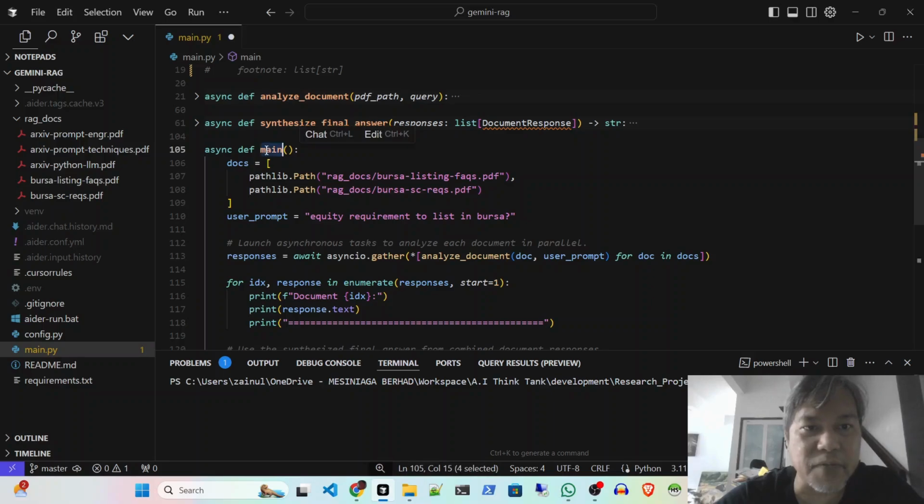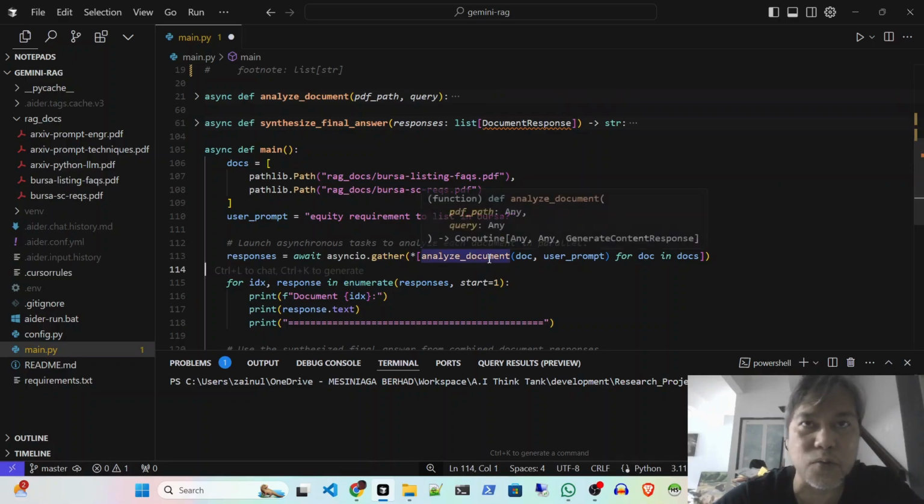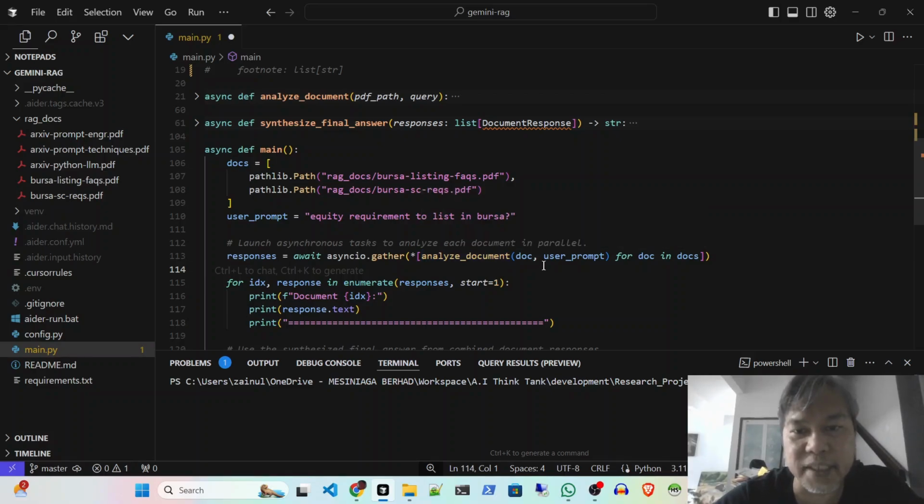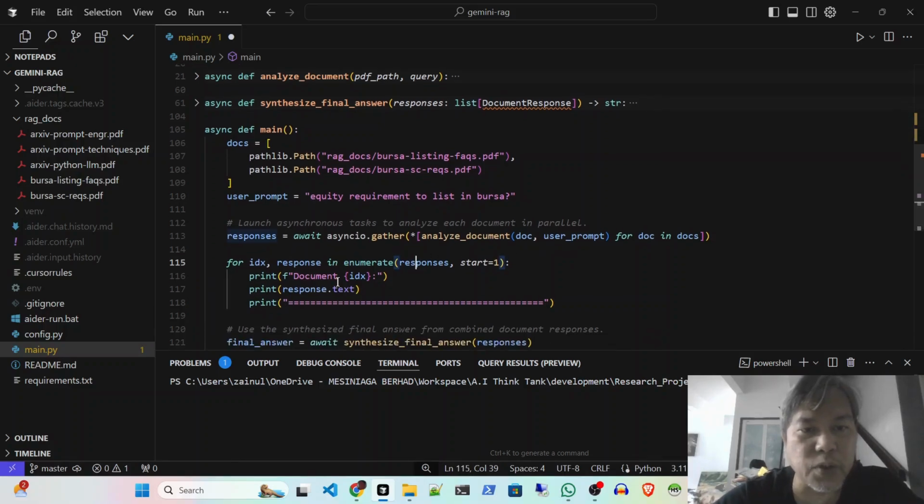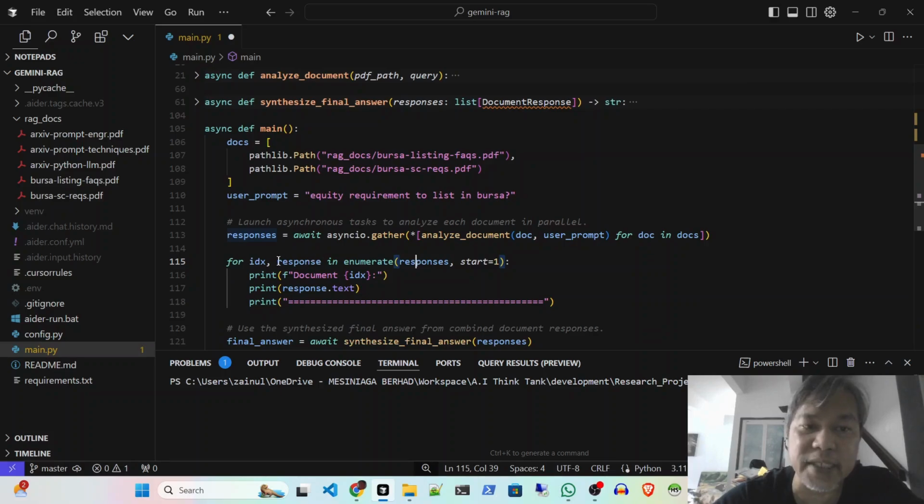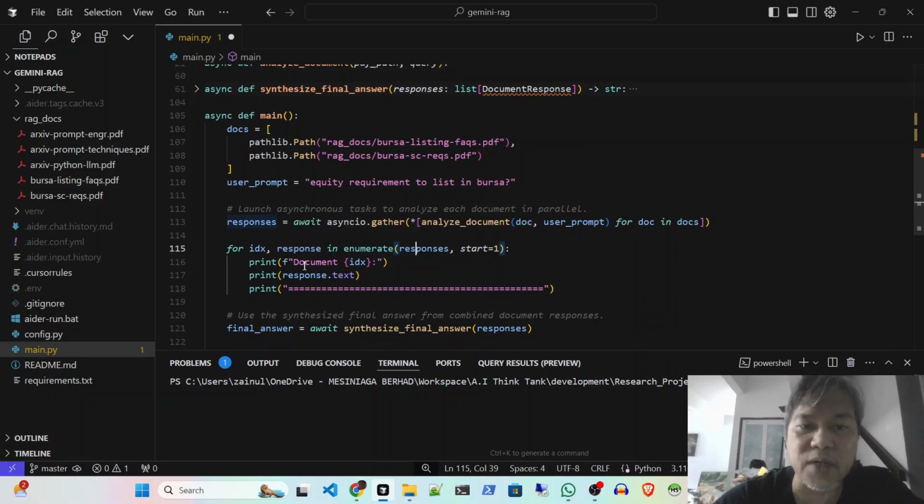Look at the main first, where the flow of the system works. First, we put all the RAG documents into an array, and then we set up a user prompt for what we're going to ask. We are going to use async to analyze both of these documents at the same time, in parallel. It's pretty much similar to the Promise.all method in JavaScript. And when both finish and return,